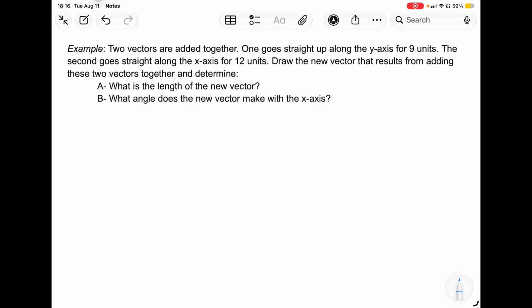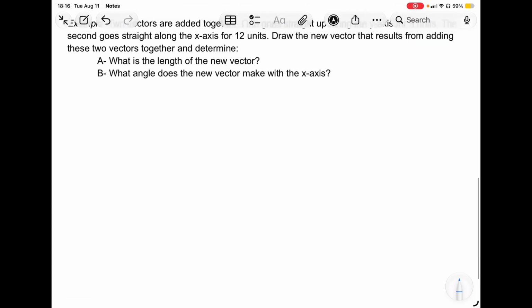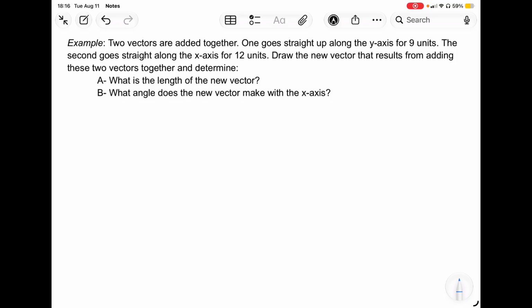distances and displacements. All right, so two vectors are added together. One goes straight up along the y-axis for 9 units. The second goes straight along the x-axis for 12 units. Draw the new vector that results from adding these two vectors together and determine what is the length of the new vector and what angle the new vector makes with the x-axis. So what we'll do,